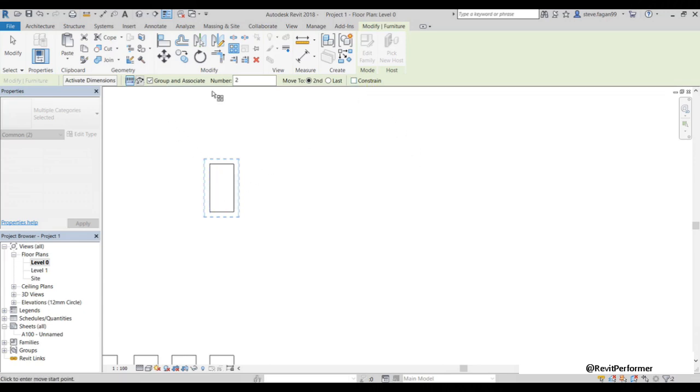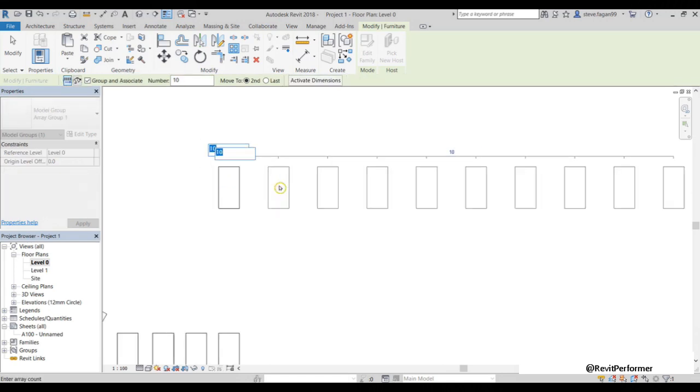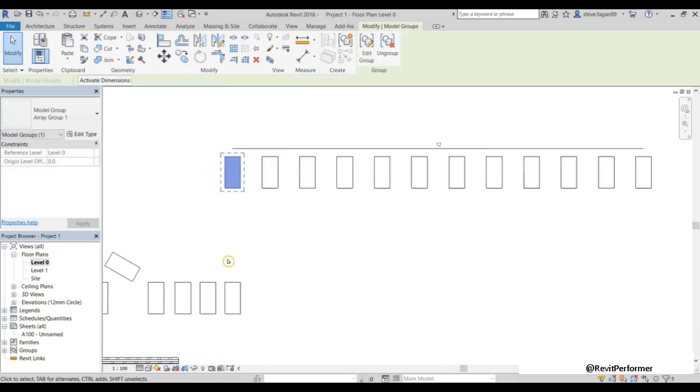So I'll do a quick example here. If I up the array to 10, first I'm going to use the move to second. So with this, I just click and move my desk into the second position that I want my desks to be. And then after that, you'll see it will array to a total of 10. I have the final option of increasing or decreasing that here.